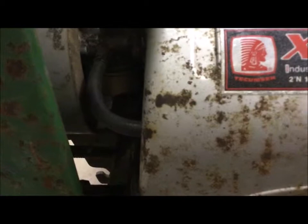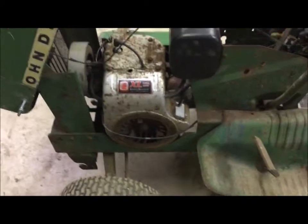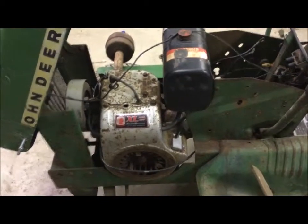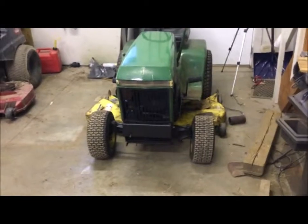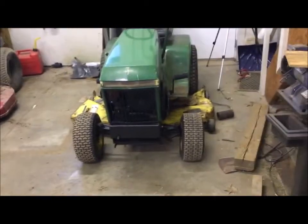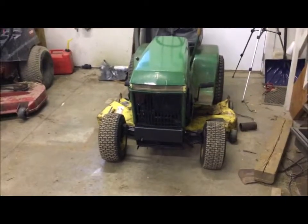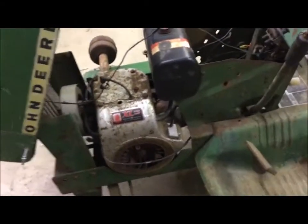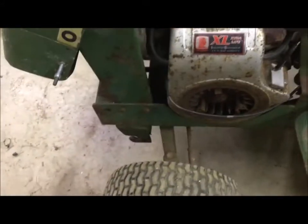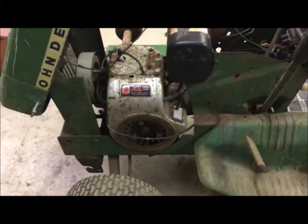So off that 210 I have, I took the fuel line off, and I stuck it on the 212 because that one was dry rotted. So that's got a new fuel line on it from that one. That one was still good. It was clogged, but I fixed it. I took the line off of that one, and I cut it, and it was already kind of split in half. So I measured it, and took a good section out of it, and stuck it in here. So that's the history on this tractor